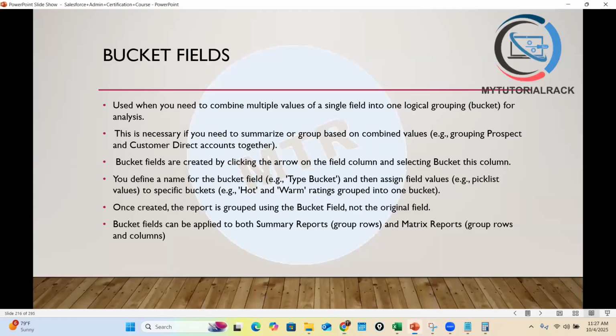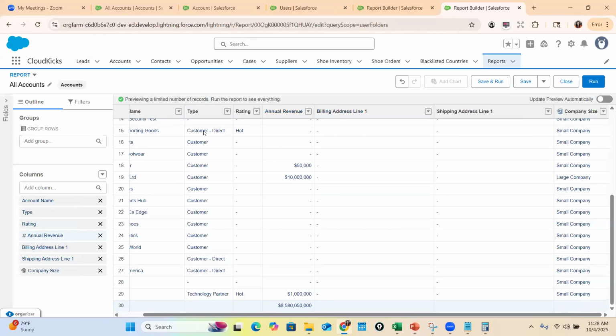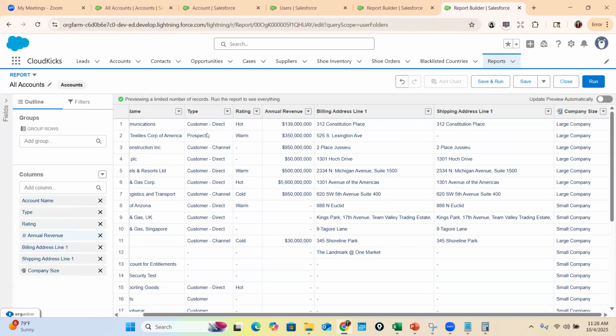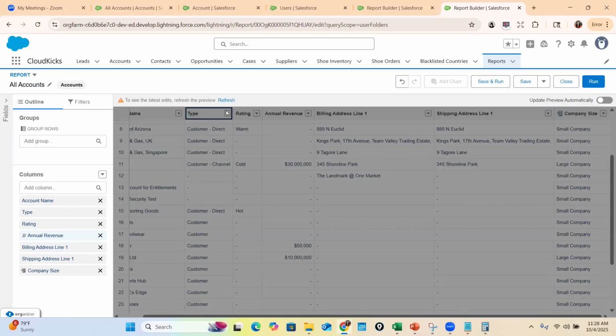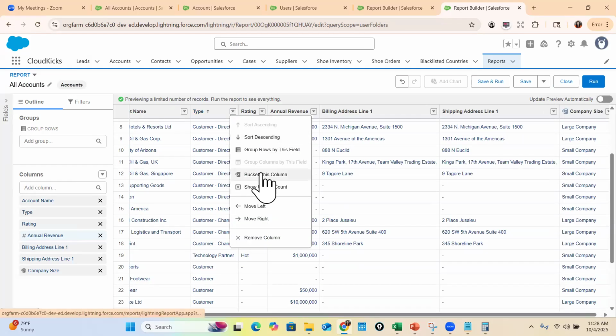Now you can do another bucket of multiple pick list values into one bucket. Okay, so for example, this is necessary if you need to summarize or group based on combined values. So if you want prospect and customer direct accounts together, then you can create a bucket of those as well. So for example, majority of them are customer direct and prospect. So here you can bucket this column and you can refresh it and you can bucket this column